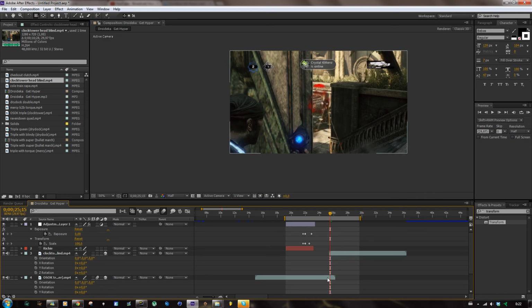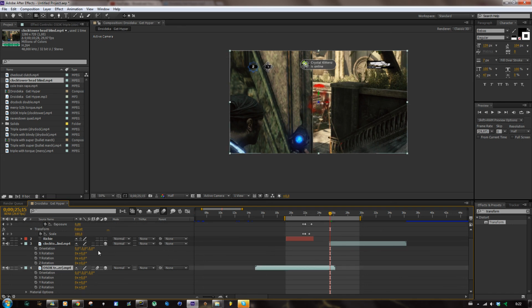What you have to do is the following. You could use an adjustment layer and keyframe the rotation there, but I'll do it over here. I find it easier. So you both keyframe the Y rotation, and for the second one you need to put it at -180, because